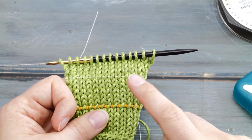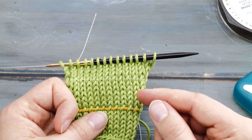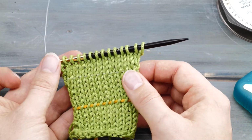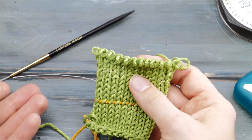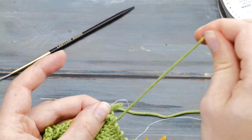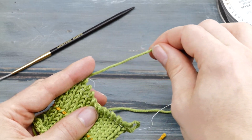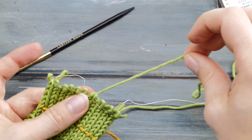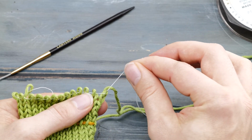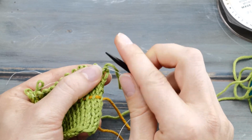And then later on, when you have to unravel, maybe it's a complicated lace or brioche project and all the other forms of fixing a mistake with a crochet hook or so don't work, well, you simply pull out your knitting needles and then you unravel your project. Carefully wind your ball as you go so you don't end up with a big tangle. And then see here, my lifeline acts as a stopper, and I just pick up my knitting needle again